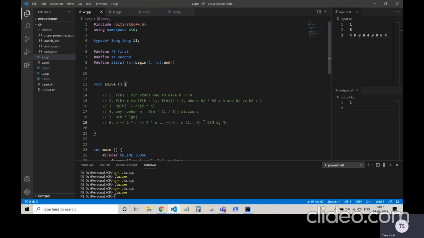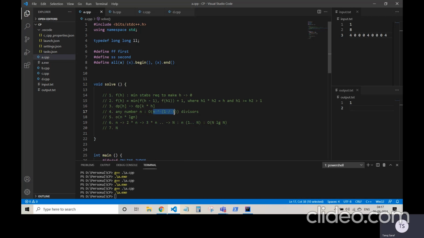Right? Why is this? From 2n I would be going to 3n and then 4n and 5n. So this is order n log n because when we are iterating over multiples and we are going to a particular value, you might as well say that from that particular n, for each n in this range, I would be going over all the factors or all the divisors, right? And for any number capital N, it has n to the power 1 by 3 divisors.